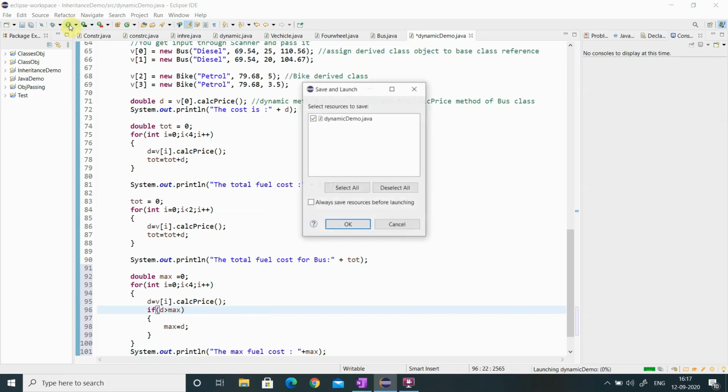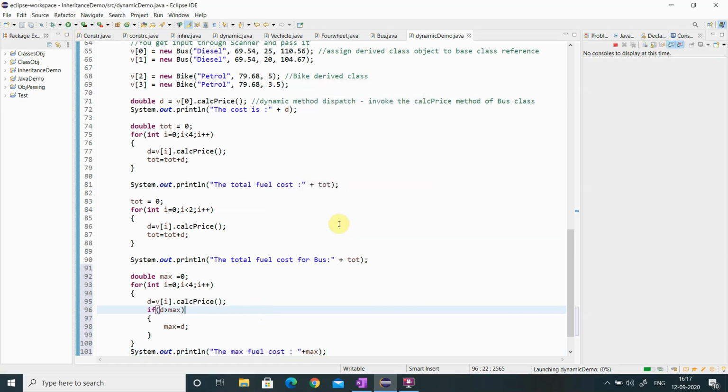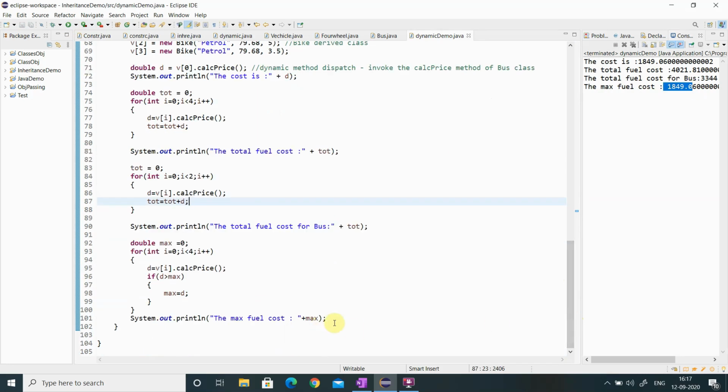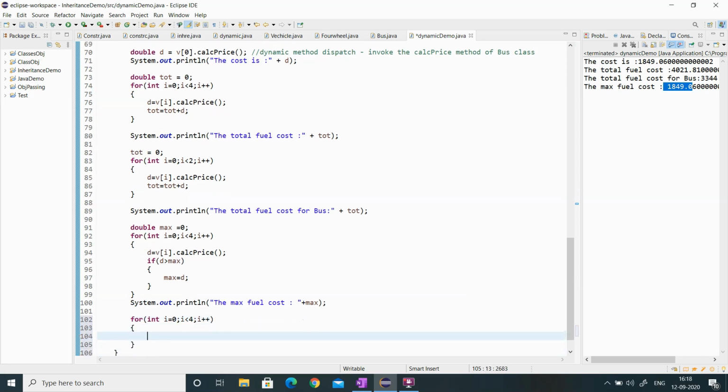So now I run it and check it. So the maximum fuel cost I got. Okay, now I want to know which object has the maximum fuel cost. In order to do that, I am going to display all the objects with their fuel name, price and cost. So for int i equal to 0, i less than 4, i plus plus, every object I want to print.